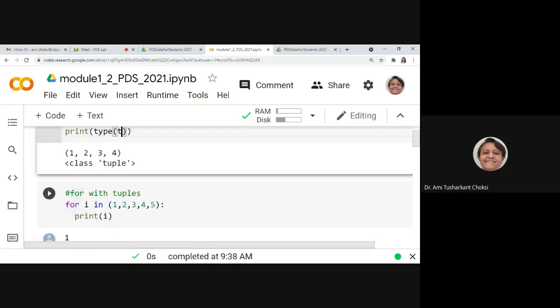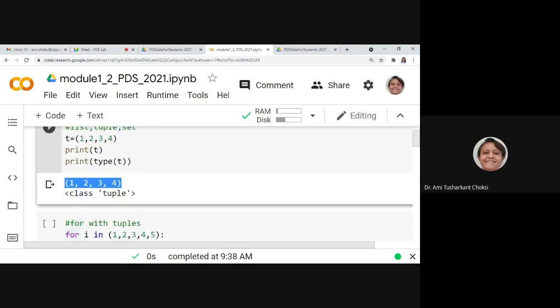So it is class tuple and the value is 1, 2, 3, 4. Here I have printed the whole tuple. I am not iterating it, so the whole tuple is printed.